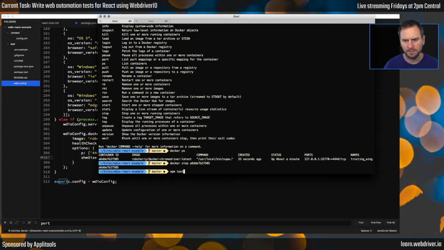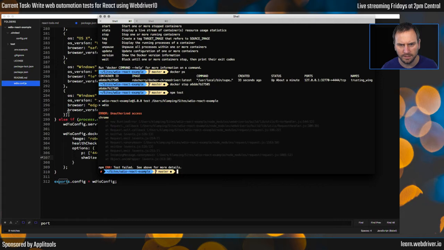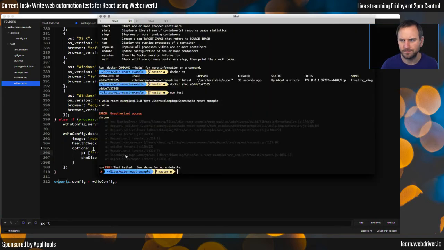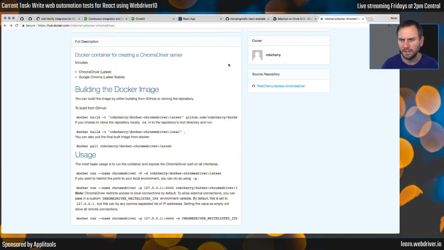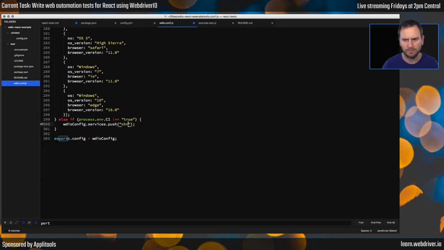So let's run npm test. The Docker service, what it does, it starts a Chromedriver instance for you. Yeah, this was the issue I was getting before, it's responding back with unauthorized access. So there's something going on in there. Yeah, that's just not allowing it to go through. So instead, I'm going to come down here and I'm just going to say running Chromedriver,